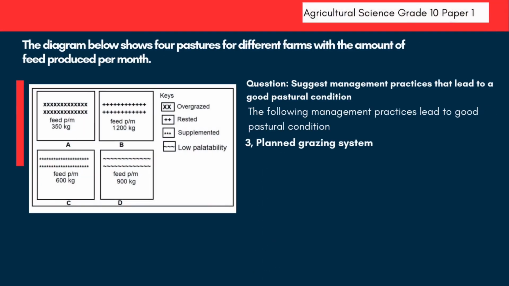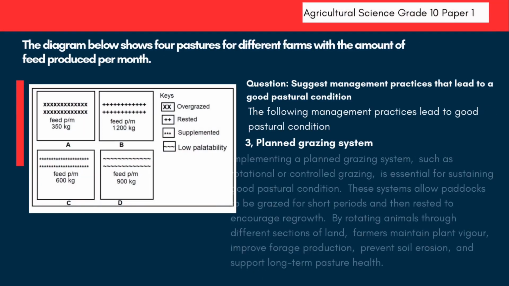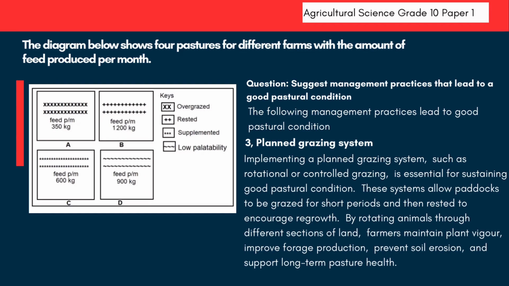3. Planned grazing system. Implementing a planned grazing system, such as rotational or controlled grazing, is essential for sustaining good pastoral condition. These systems allow paddocks to be grazed for short periods and then rested to encourage regrowth. By rotating animals through different sections of land, farmers maintain plant vigor, improve forage production, prevent soil erosion, and support